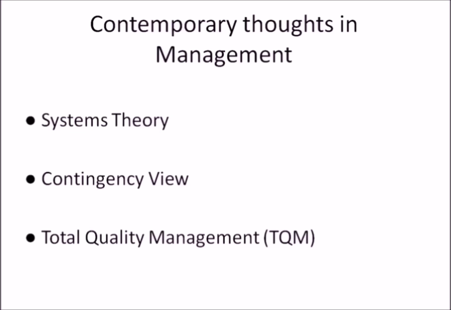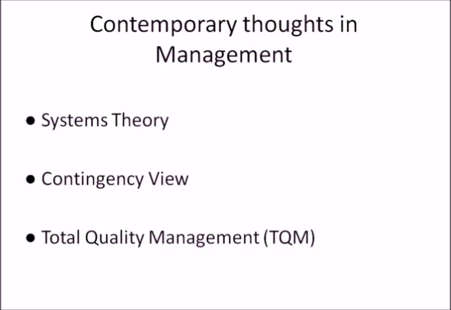The second thought which is prevalent in the contemporary management thought is contingency view. Contingency view says that we have to have our style or our actions as per the situation's contingency variables. For example, when we enter into international business, it is different from a domestic business. The variables in different countries are different. So we have to be contingent as per the situational variables.